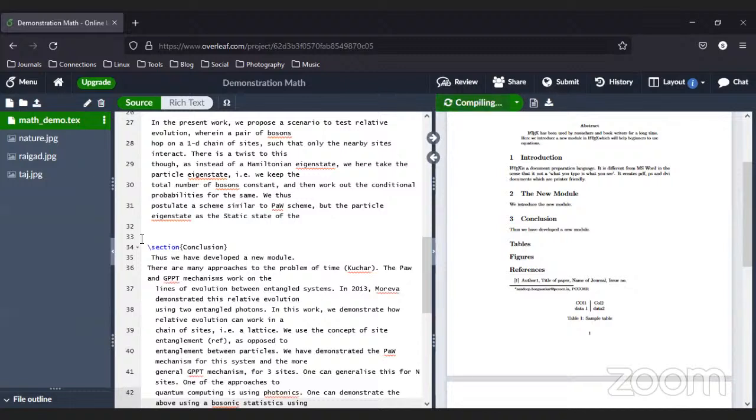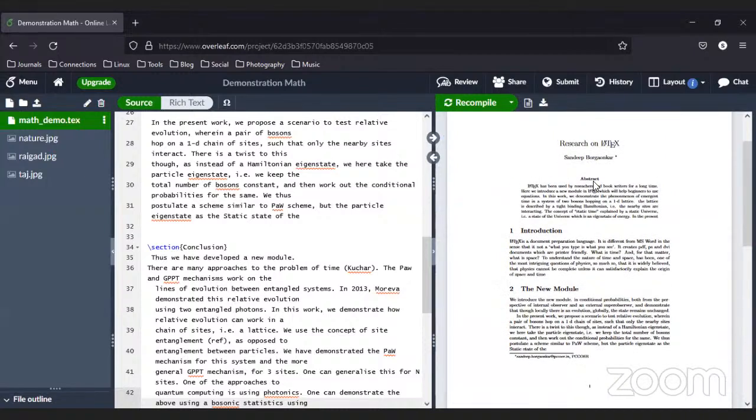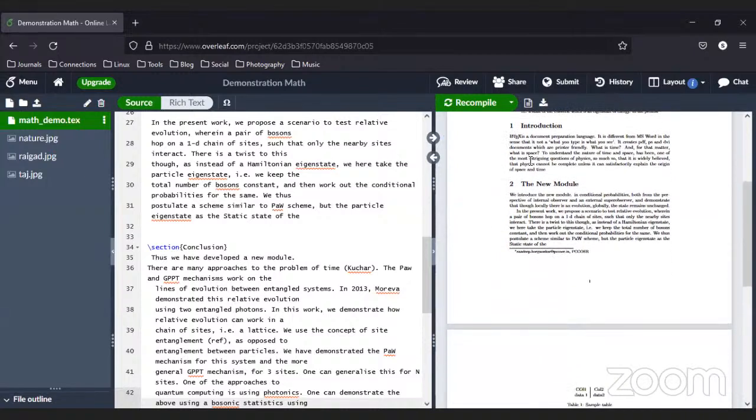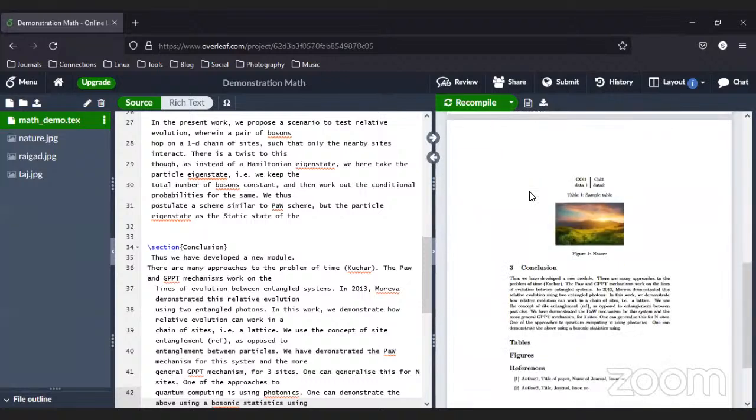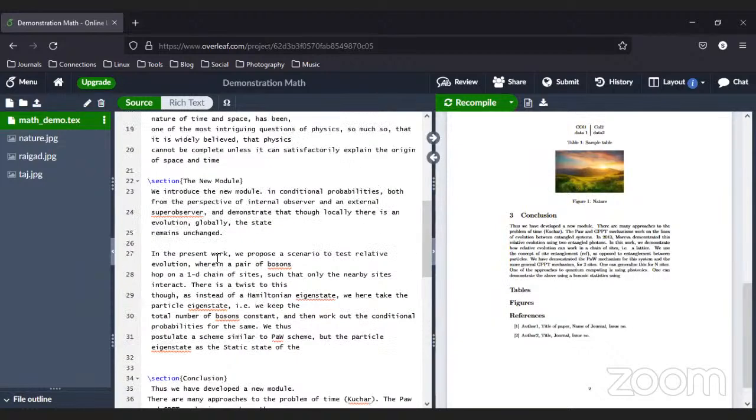Now let us see what we get here. Is there any problem anywhere? Yeah. So this is my abstract. Section 1 introduction. Section 2 new module. Section 3 conclusion. Okay. Then after that references. Now what we will do is we will take these figures and tables at the bottom of our